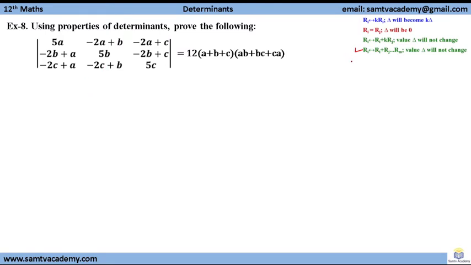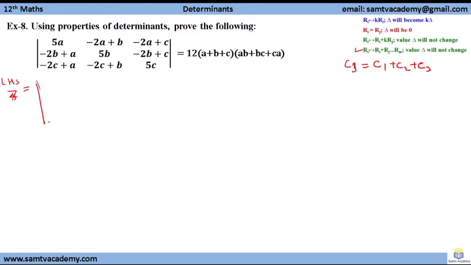First, what we are going to do is replace C3 with C1 + C2 + C3. I am doing this because if you add these, you will get a + b + c in all three columns, which you can take common, as we see that on the right hand side a + b + c is there. So if you do this, left hand side is equal to,